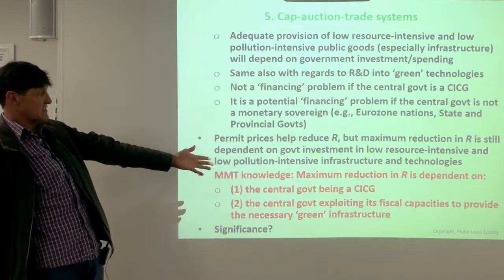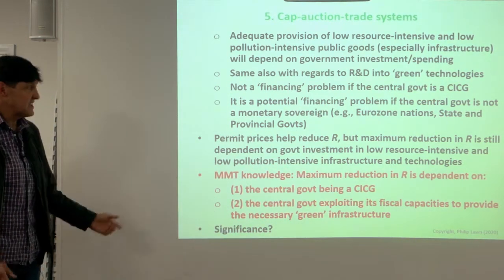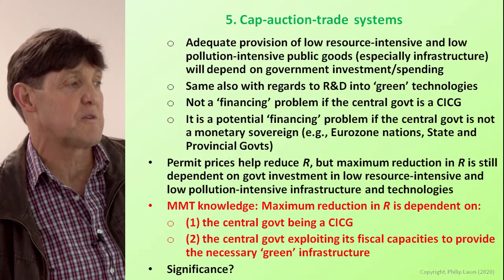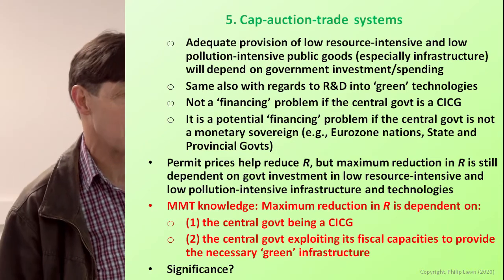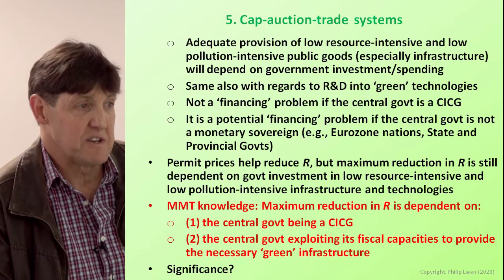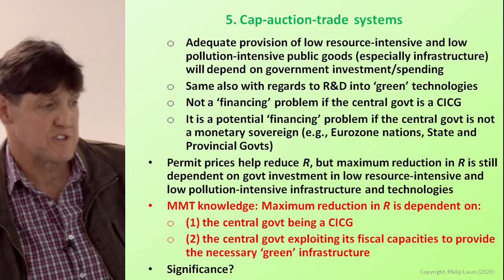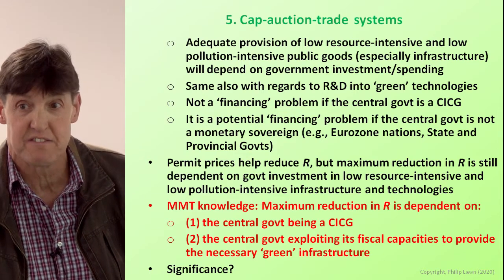So permit prices, a bit like taxes, help reduce R, the resource intensity and pollution intensity of economic activity, but maximum reduction in R is still dependent on government investment in low resource intensive and low pollution intensive infrastructure and technologies. So MMT knowledge: maximum reduction in R is dependent upon the central government being a CICG, currency issuing central government, and the central government exploiting its fiscal capacities to provide the necessary green infrastructure. Why is this significant? I've sort of pointed out that it determines what sort of economy you're left with, and